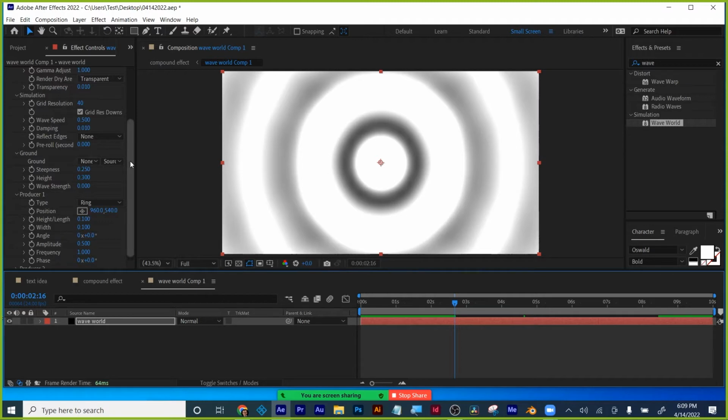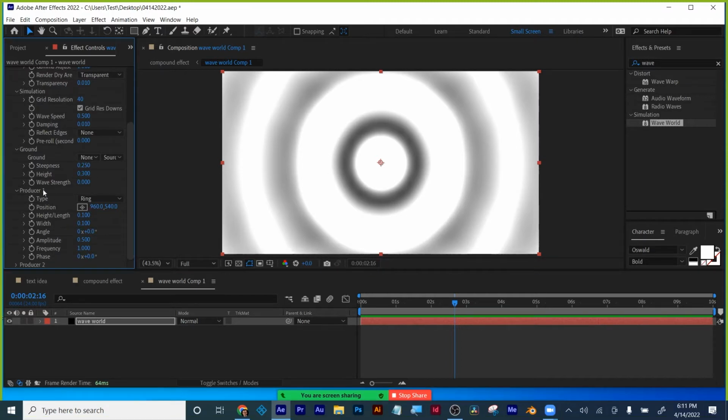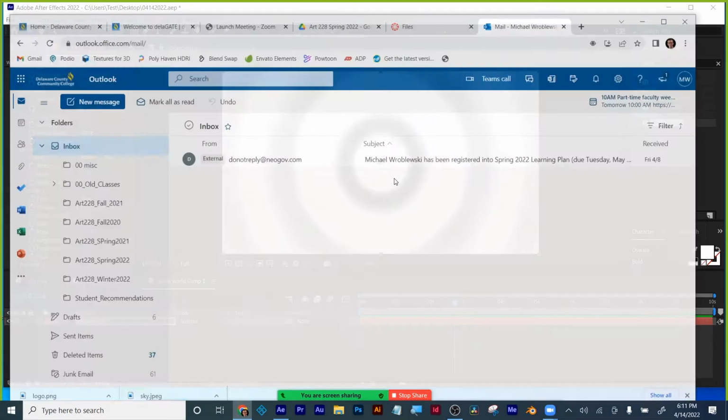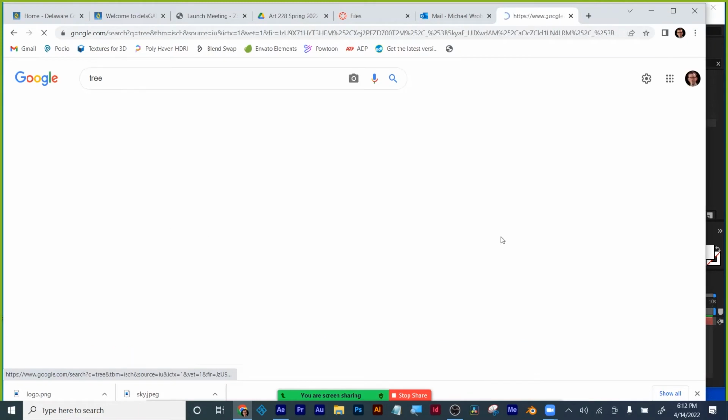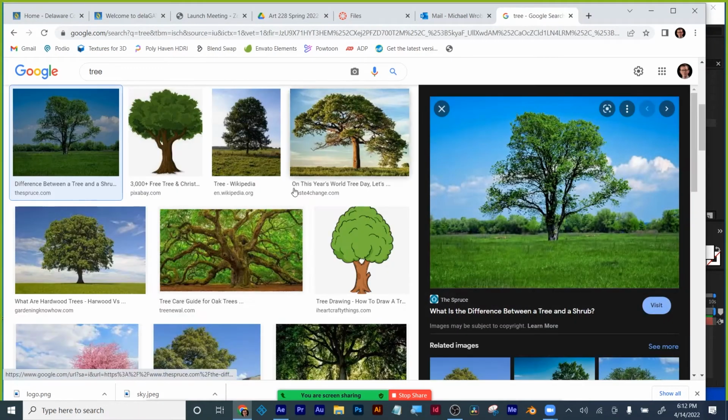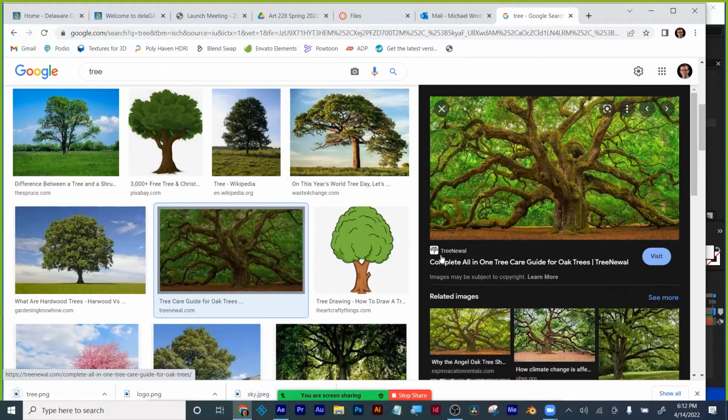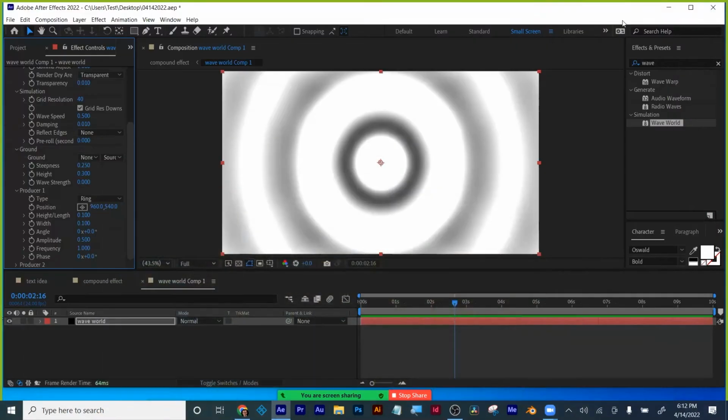We're going to put an image in here for the ground. The ground right here. I need a photo for that. And what this is going to do is it's going to go off of tonal values. I'll show you what that means in a second, because, you know, number one rule of motion design is don't tell, show. So for the ground, I'm going to grab